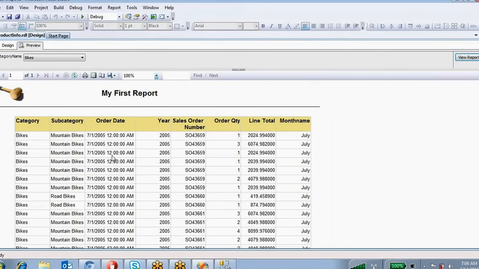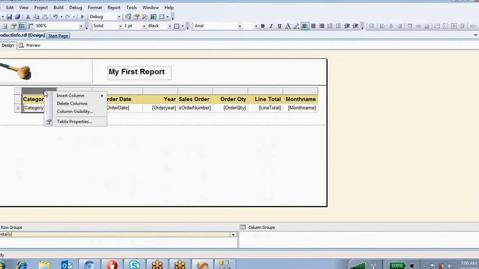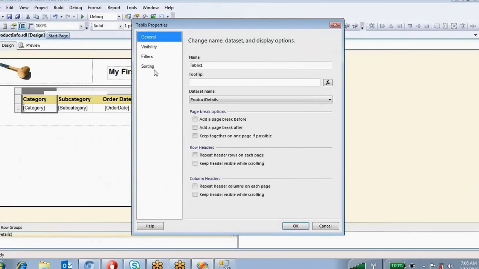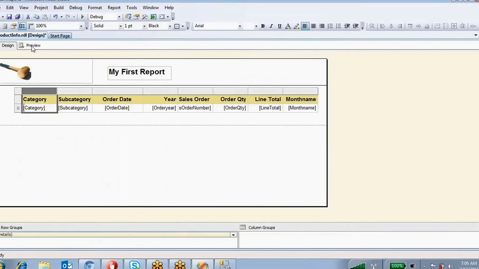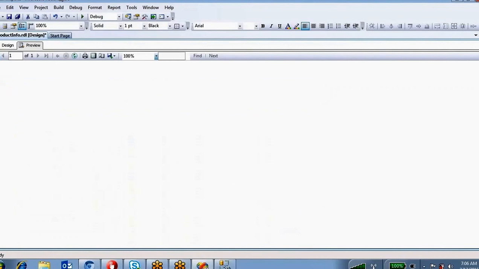See, it is displaying the data, for example, based on the subcategory. If you want to sort this data, you can do that also. Right click, sorting, and choose which column you want to sort by, subcategory, whether it is A to Z or Z to A, that means ascending or descending order. Click OK. You can preview this one.